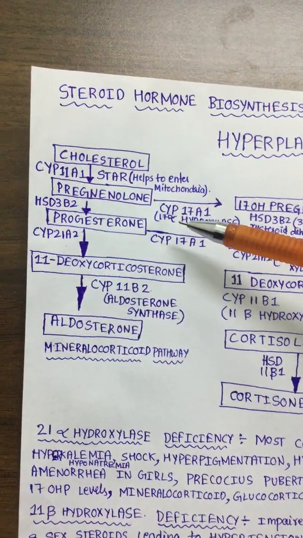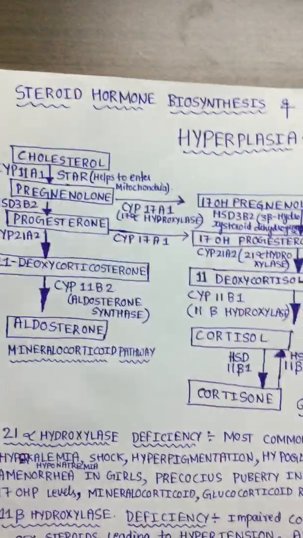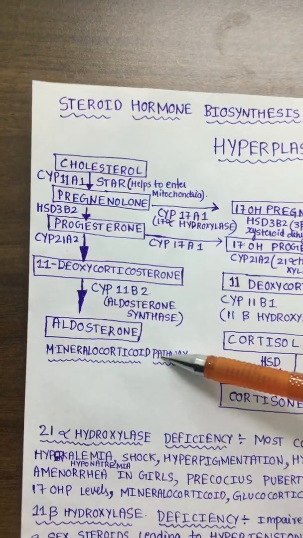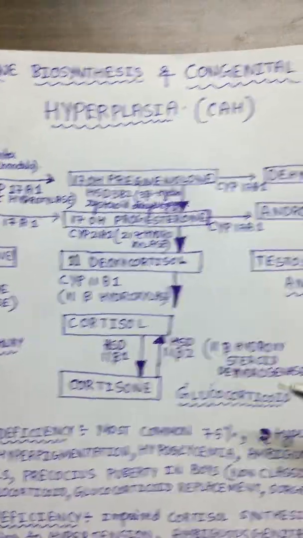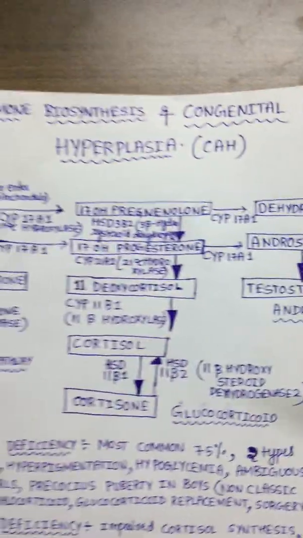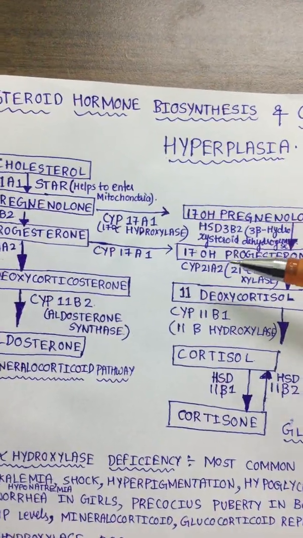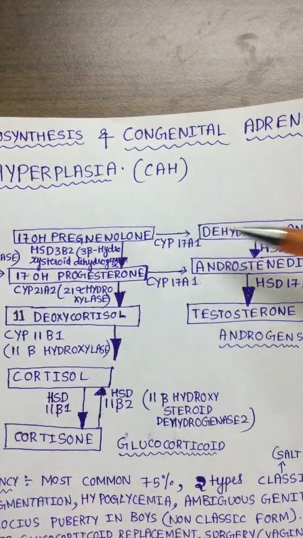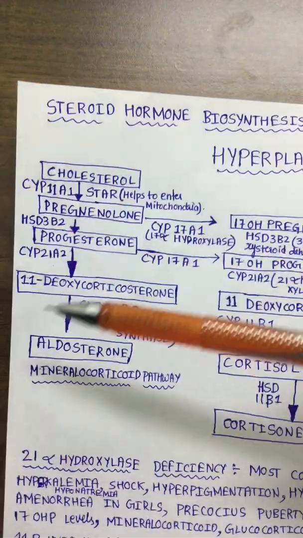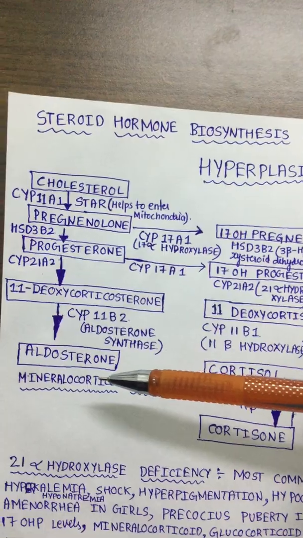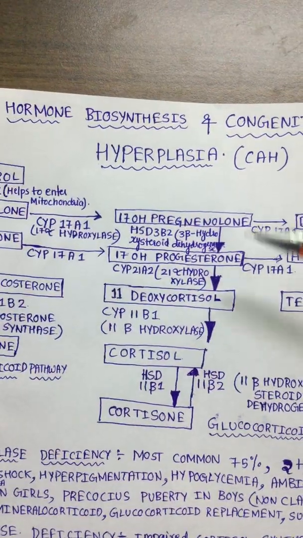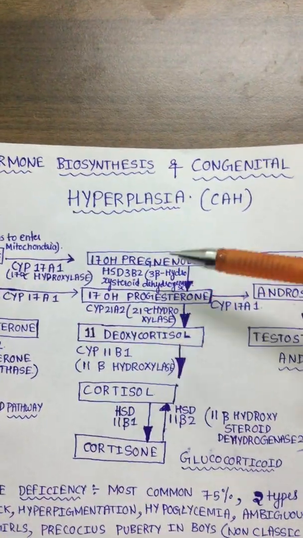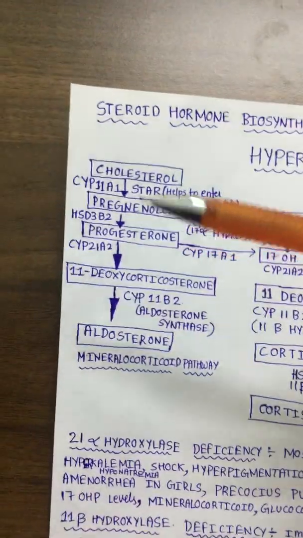The steroid hormone synthesis you can divide into 3 vertical arrows. First is the mineralocorticoid pathway, second is the glucocorticoid pathway, third is the androgens pathway, and the first 2 horizontal arrows will also synthesize the androgens. So the first vertical line synthesizes mineralocorticoids, the second vertical line synthesizes glucocorticoids, and the third vertical line synthesizes androgens. First we will go to the